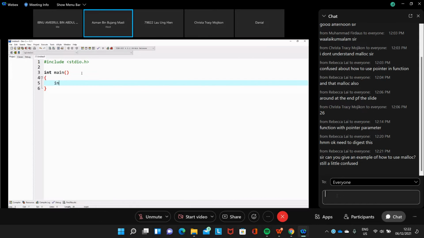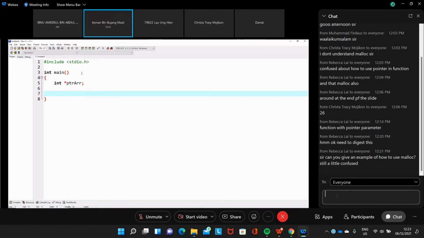We want to store an integer array, and we use this pointer to create the array later on. So here we have a pointer, ptr array. It doesn't matter whatever the name is.